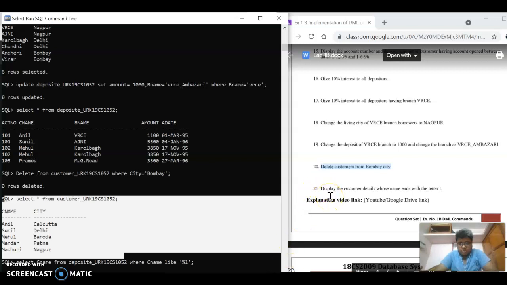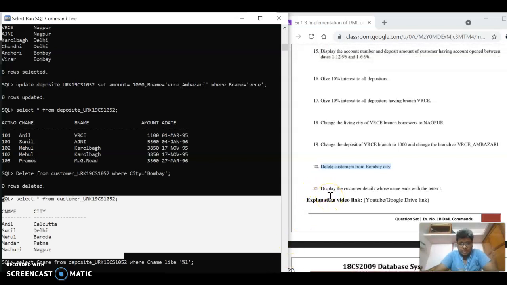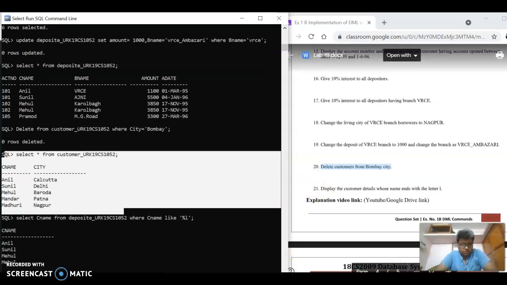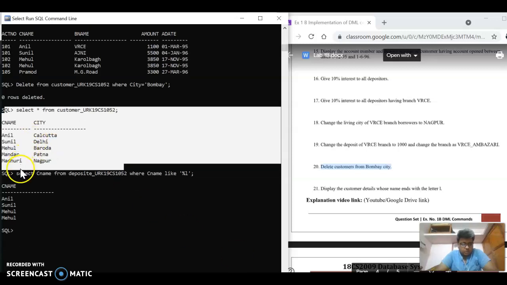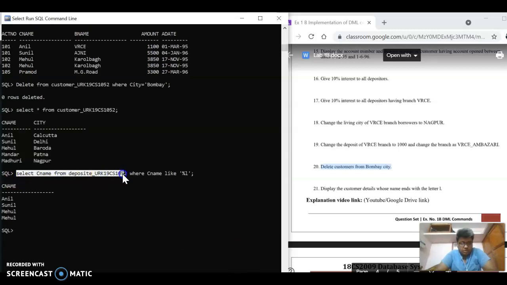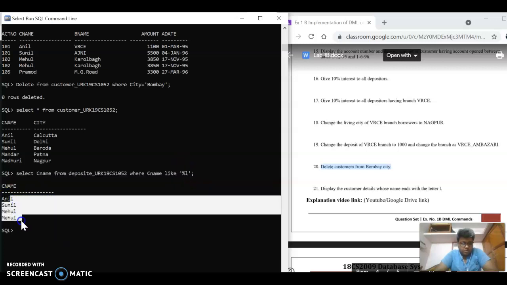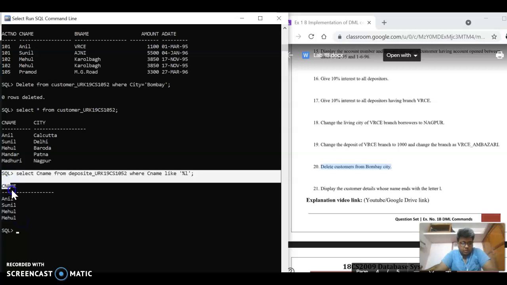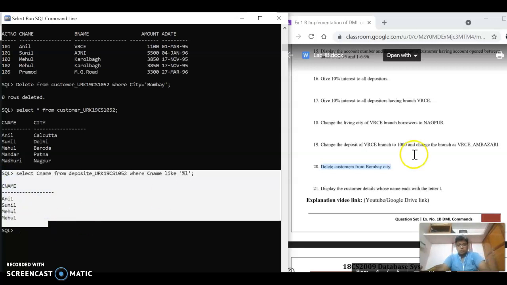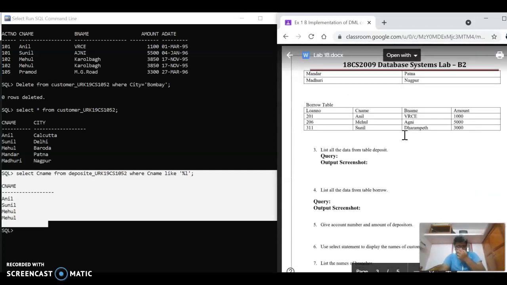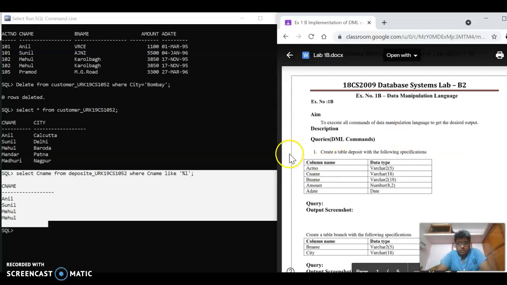And display the customer details whose names end with the letter L. This is that one: select CNAME from the deposit table where the CNAME like %L. So that percentage L means the last letter of the name. So this is that one. And that's all. I finished 21 questions. So this is my